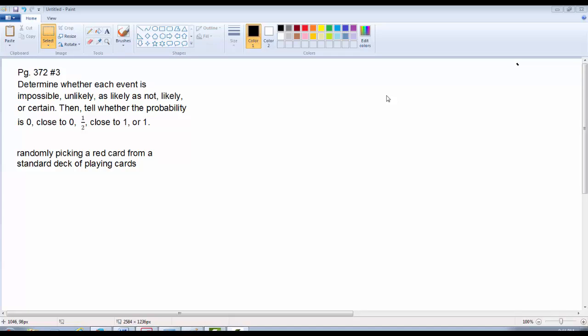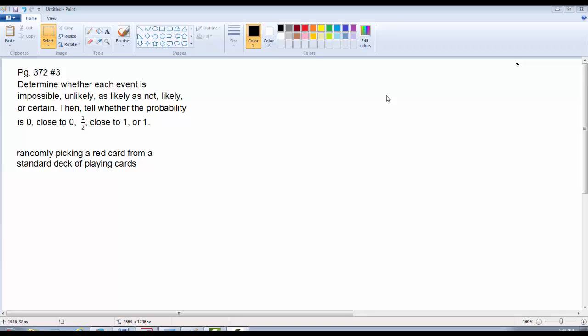Okay, our next problem we're going to go over is on page 372, problem number 3. Determine whether each event is impossible, unlikely, as likely as not, likely, or certain. Then tell whether the probability is 0, close to 0, a half, close to 1, or 1. Okay, so the situation they're talking about on this one is randomly picking a red card from a standard deck